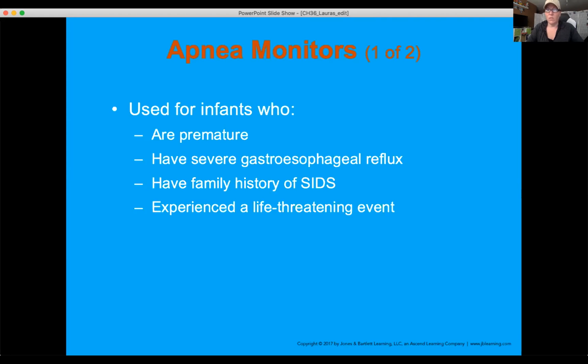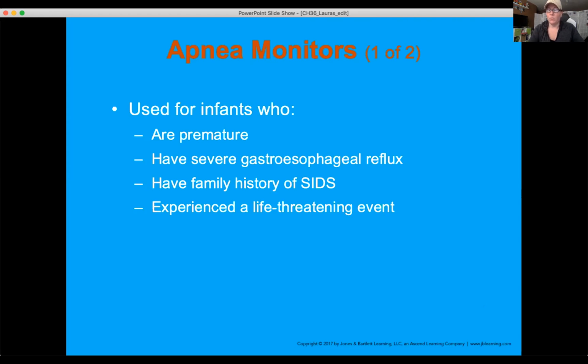Sometimes when it goes off, patients' family members, I should say, are trained in what to do when the apnea monitor goes off. And part of what they're trained to do is call 911. Most apnea monitors actually have a recording device in them. So when we transport a patient that has an apnea monitor, bring it with you to the hospital. I would say don't even take it off the patient.